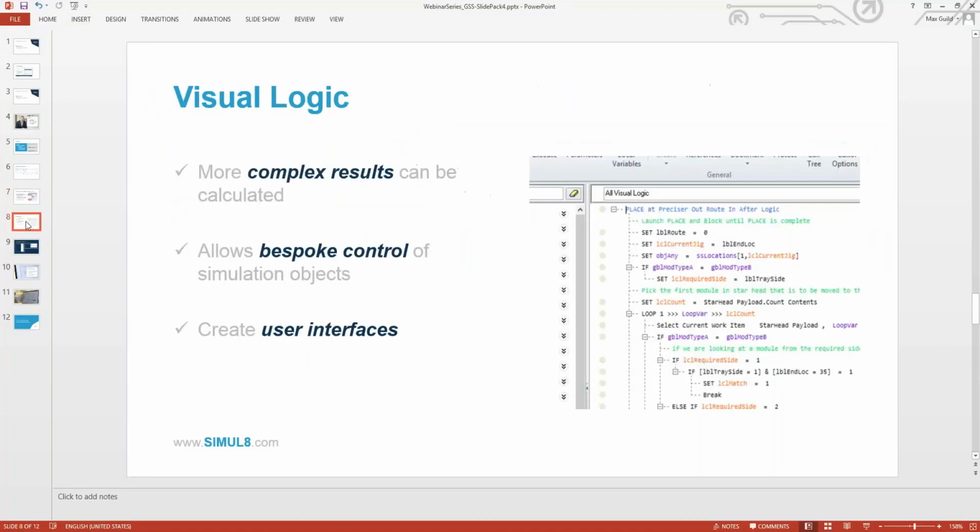So what we're going to take a look at now is taking that a stage further, and we're going to take a look at visual logic. So visual logic can help us calculate even more complex results or even more bespoke results. So for example, OEE calculations are a bit more complicated. We probably want to look at visual logic to help us calculate that type of thing. Visual logic also allows us to have bespoke control over simulation objects. So if there's a really complex routing option that we might want to set up, we can use visual logic to do that,